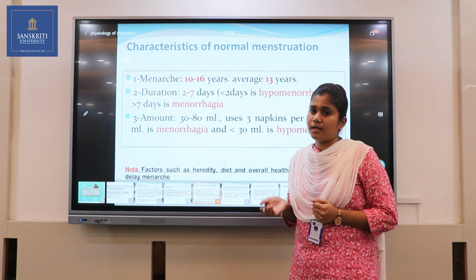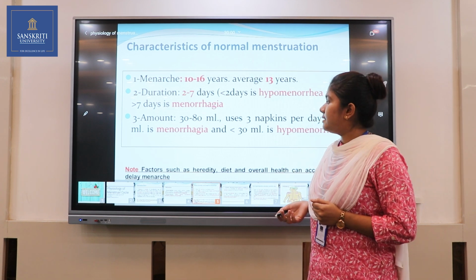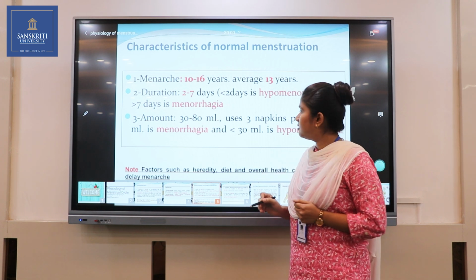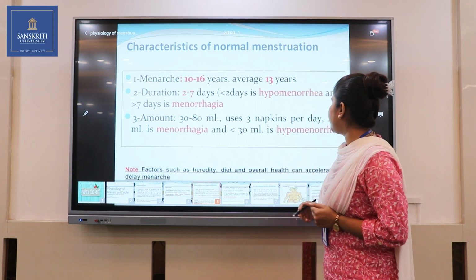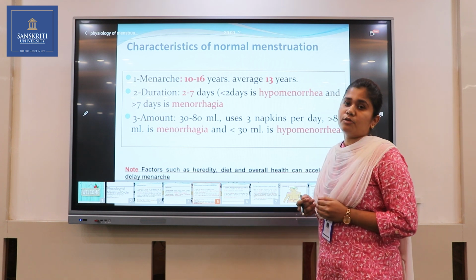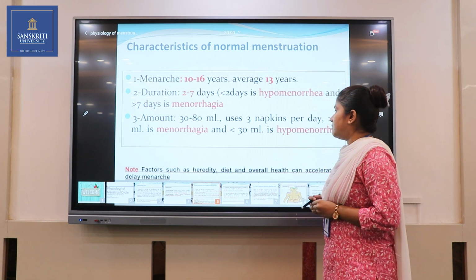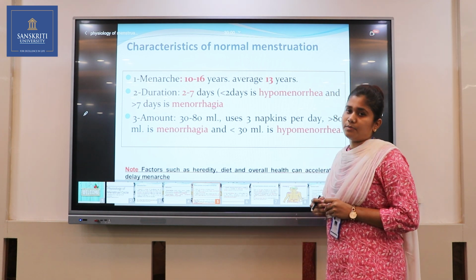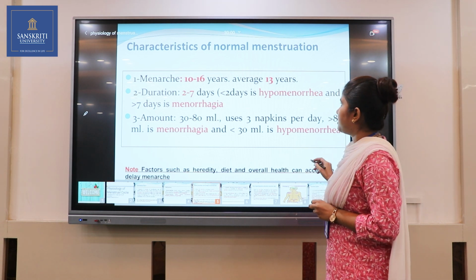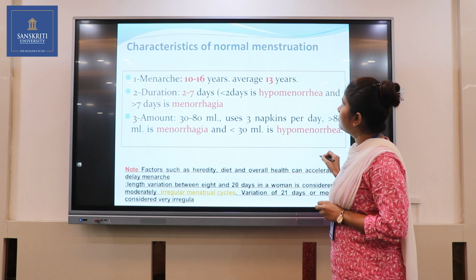Then, according to the amount of bleeding, it is 30 to 80 ml, using about 3 napkins per day. More than 80 ml is called menorrhagia, and less than 30 ml is called hypomenorrhea. So these are the characteristics of normal menstruation. Next we will see